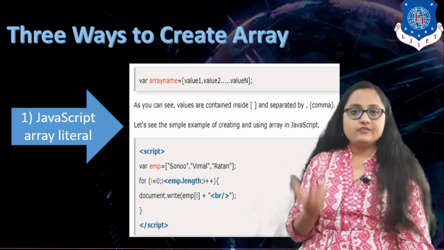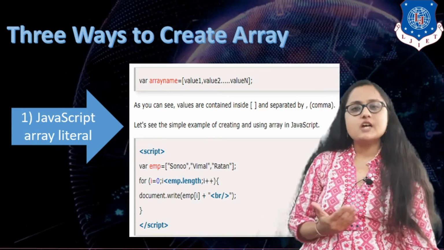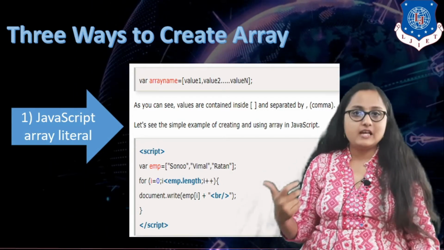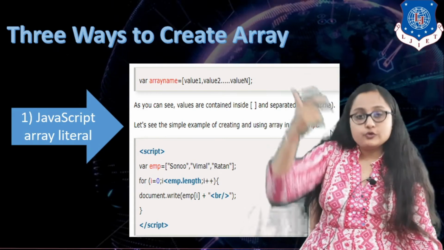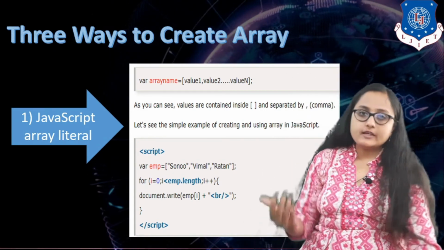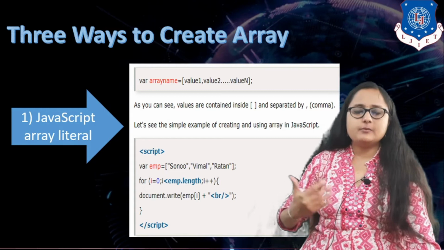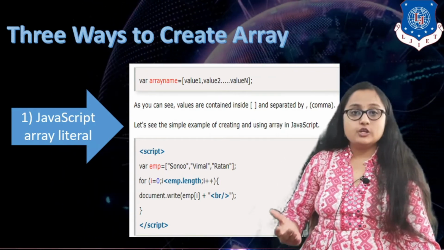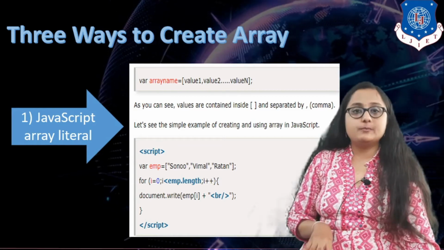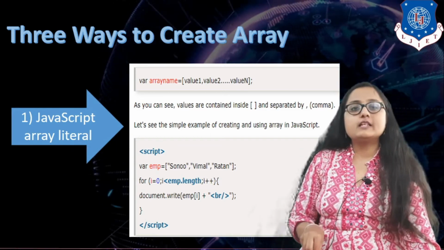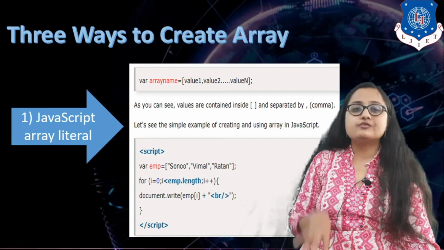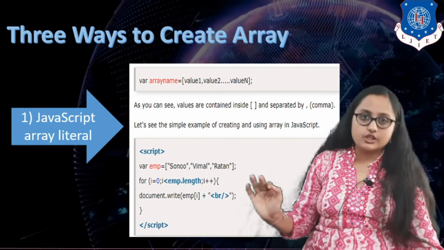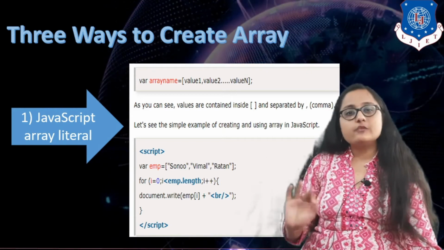So i is any variable. Because JavaScript is an untyped language, you don't need to declare this variable i before using it, right? You can use this variable as many times as possible. Whatever value you assign to this variable, at that particular time this variable will be of that particular data type. So here I am writing i is equal to 0. So i is basically of which data type?